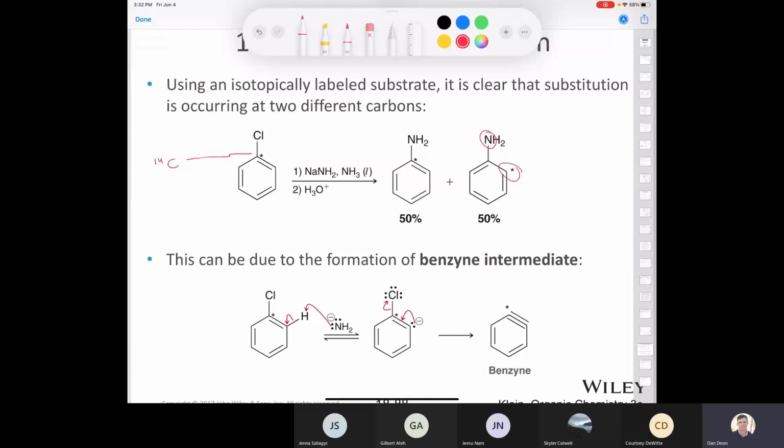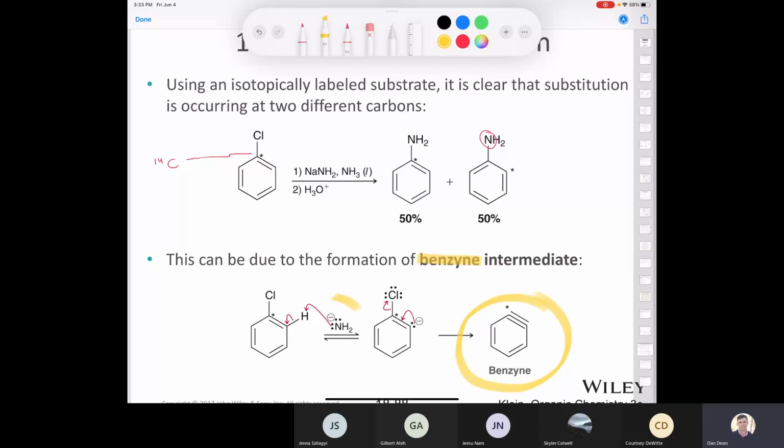And it's about a 50-50 mixture. So this suggests a totally different mechanism that involves the formation of an intermediate that, yes, it's called benzyne, not benzene, but benzyne. Remember that "-ine" is the suffix we use for an alkyne. Now, if you're looking at the structure of benzyne and saying, Mr. Dion, that's insane, or that's crazy, well, hold on, we're going to talk more about the structure of the molecule, but the concept still stands that